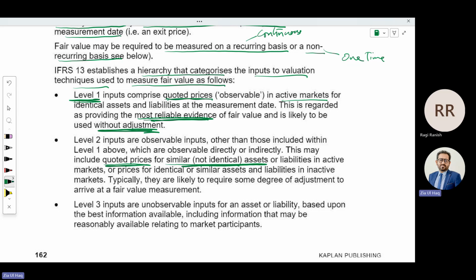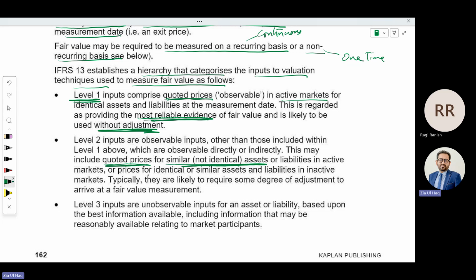In level one, it is an identical asset. That's why that is more reliable. But level two measurement is where we are using values that could be quoted prices for similar but not identical assets